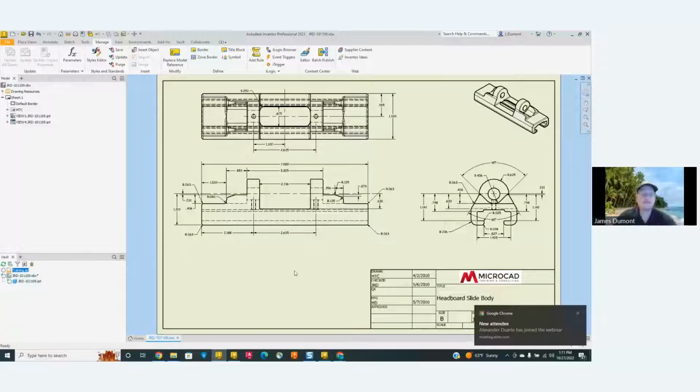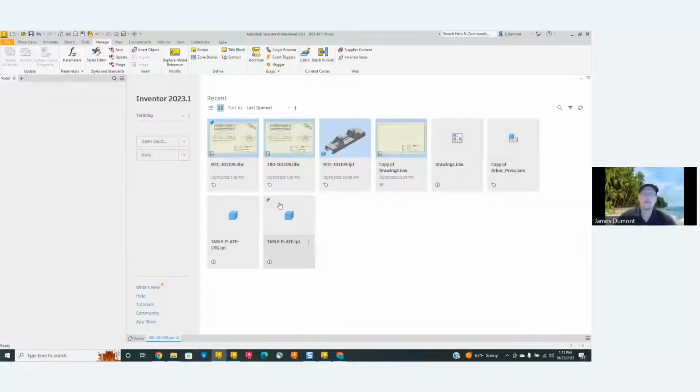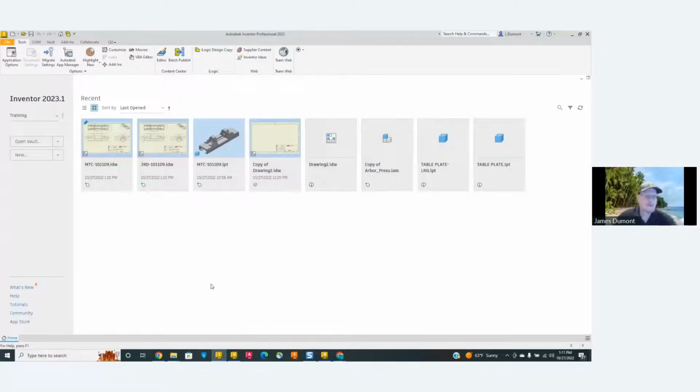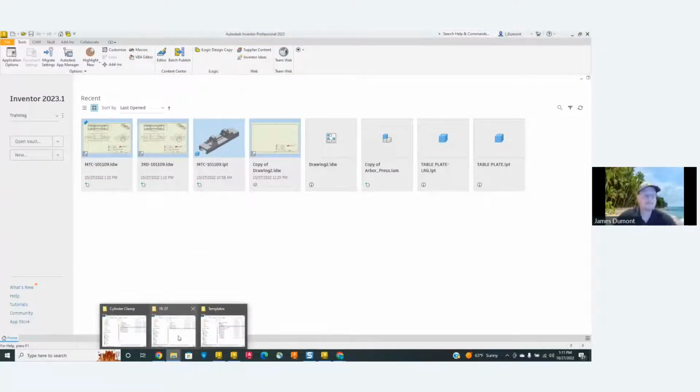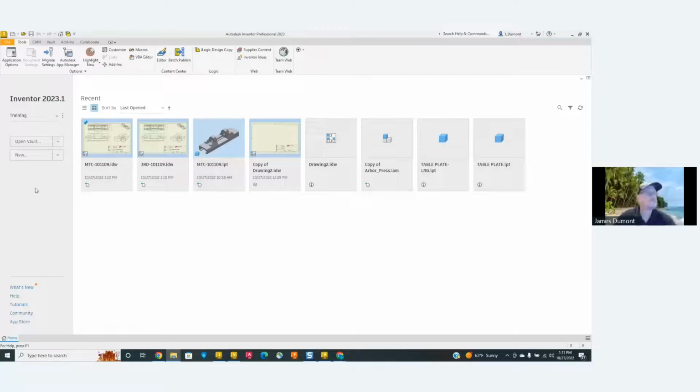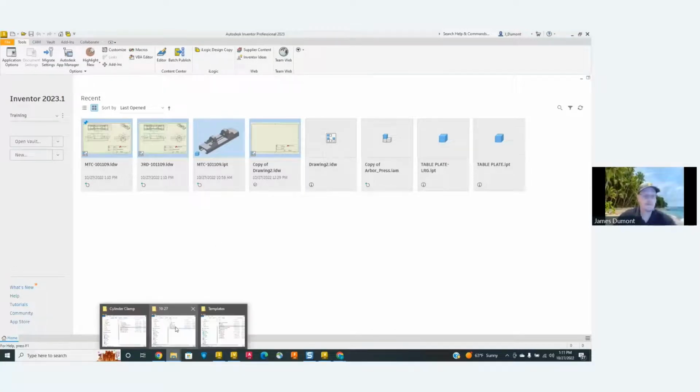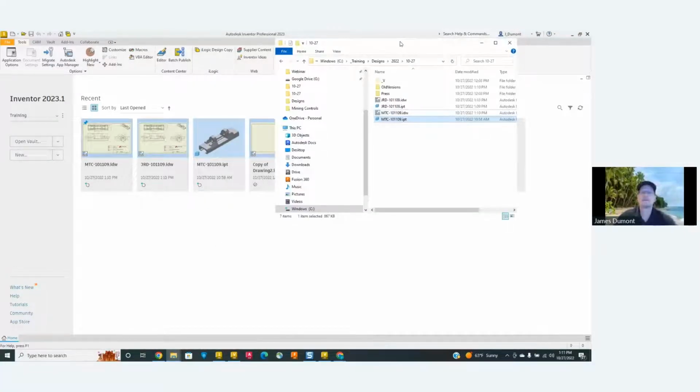So this is the manual way of just using the copy, save as. I could copy using Windows. It doesn't matter how you copy the files. You have to open the drawing and replace the model reference. All right, so I'm going to close this file. One of the other strategies, where is it? There it is. So that's the new file that I created.